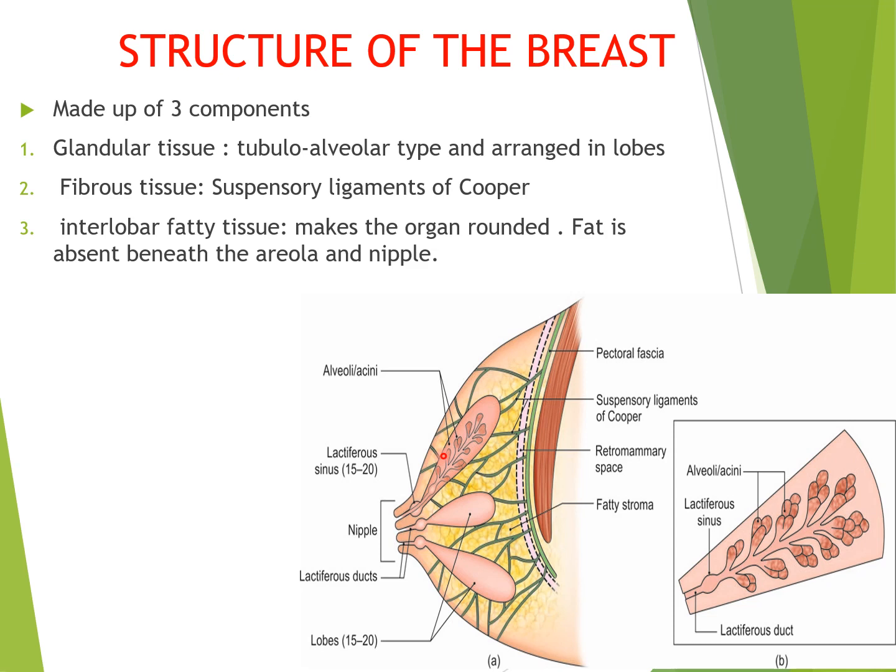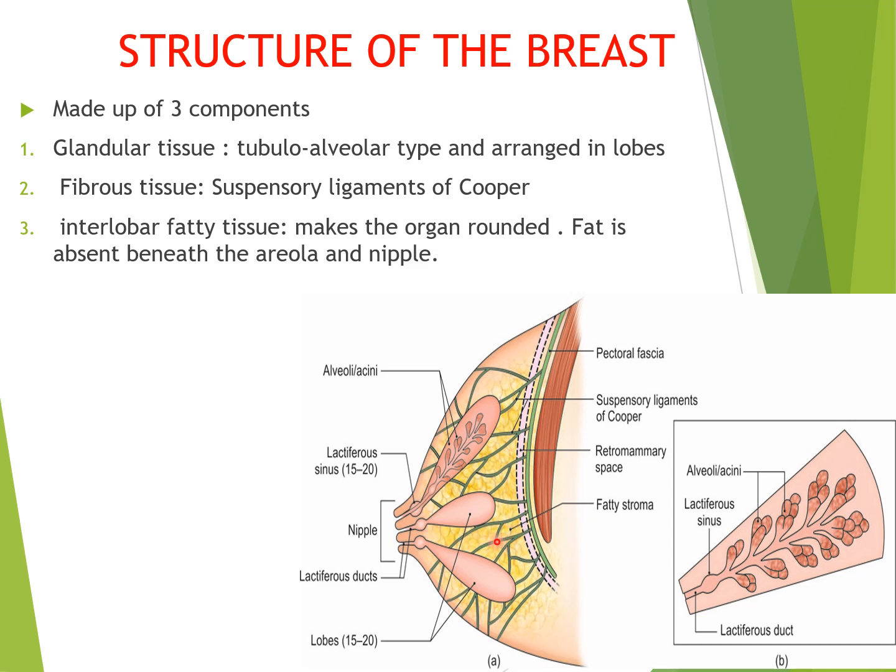And the underlying pectoral fascia. So these fibrous bands, these septa, are known as the suspensory ligaments of Cooper. So these are all the green colored lines we can see here. These are nothing but the septa